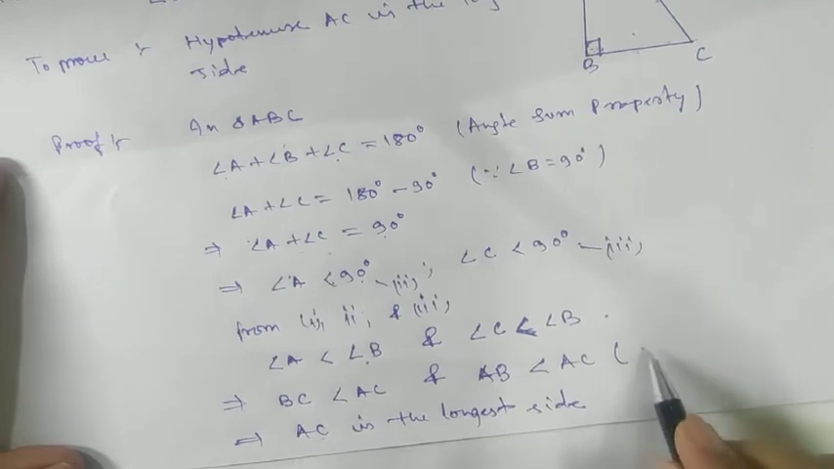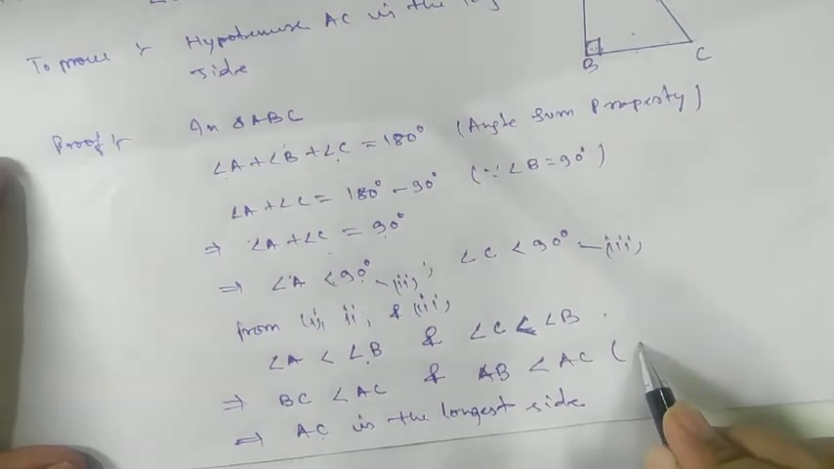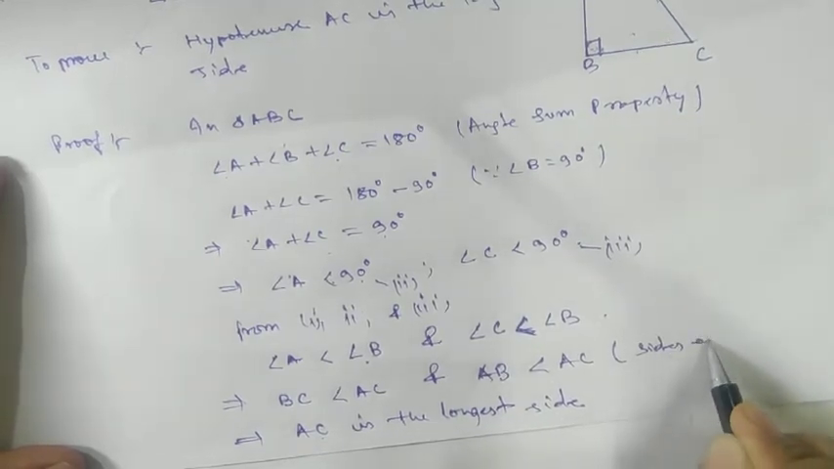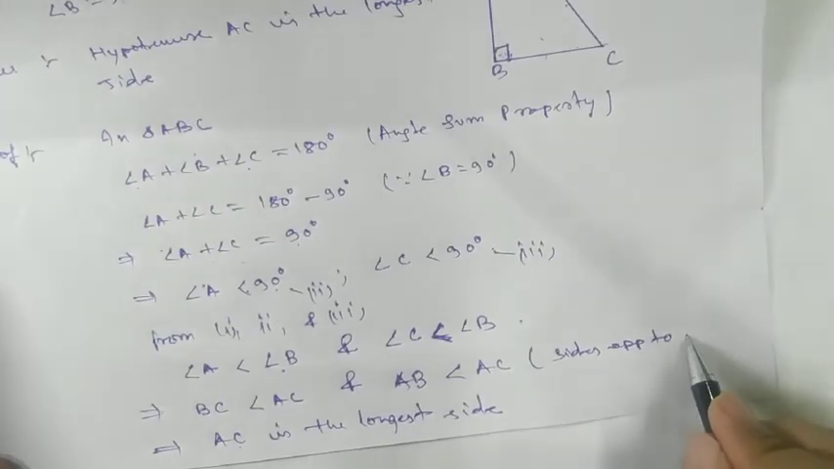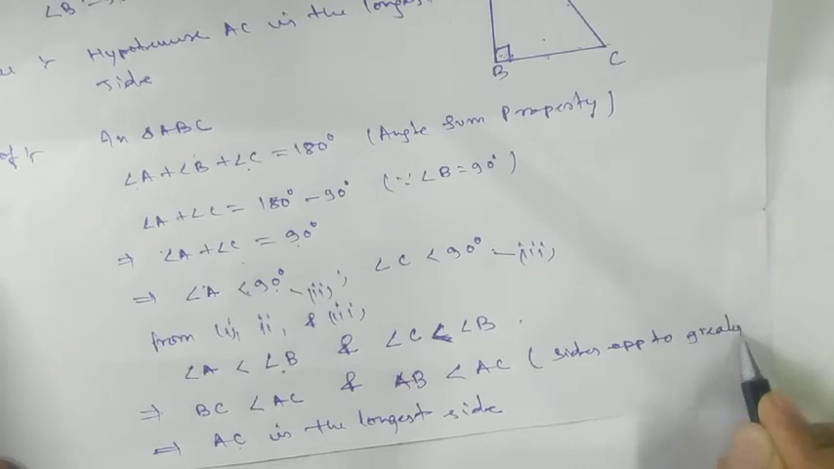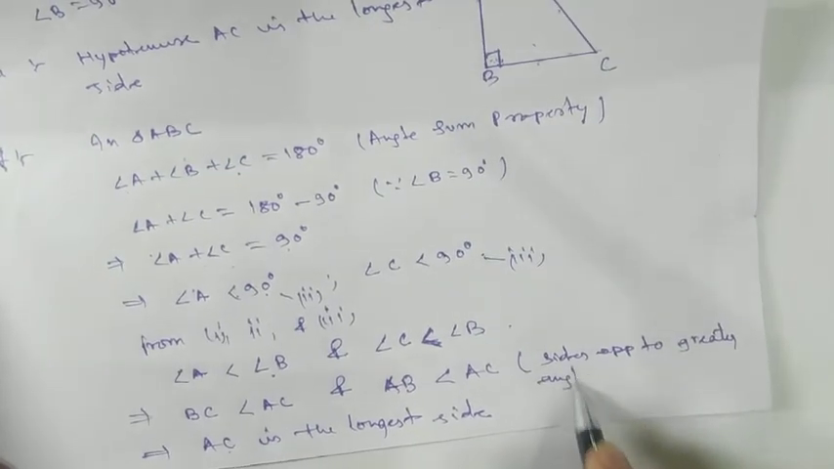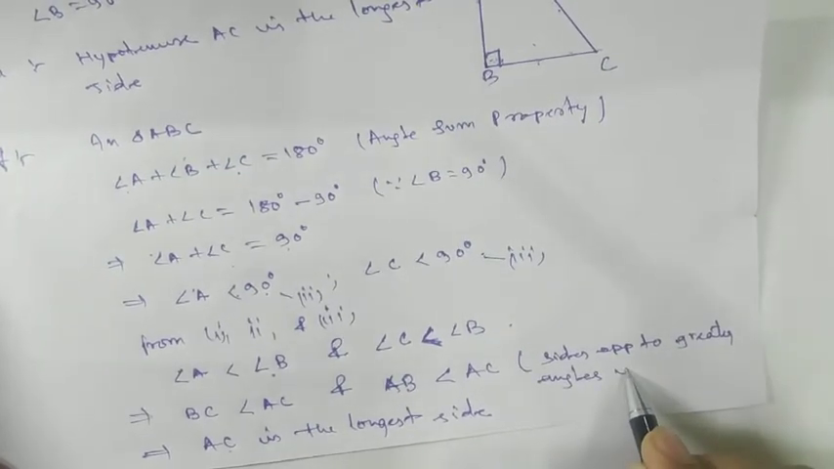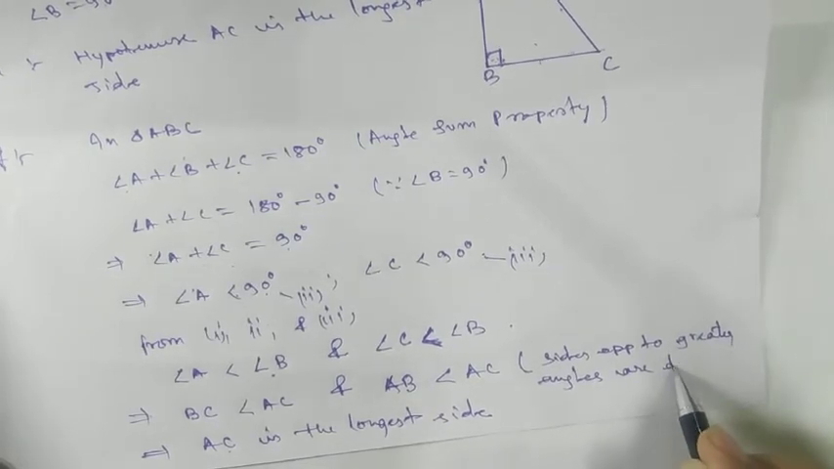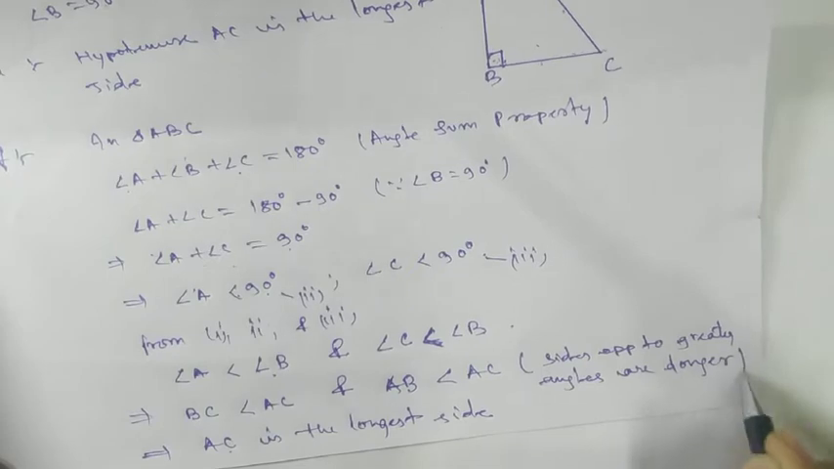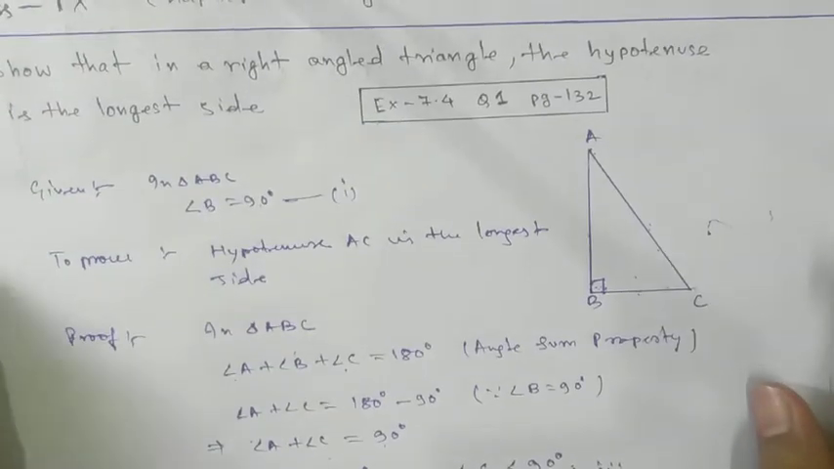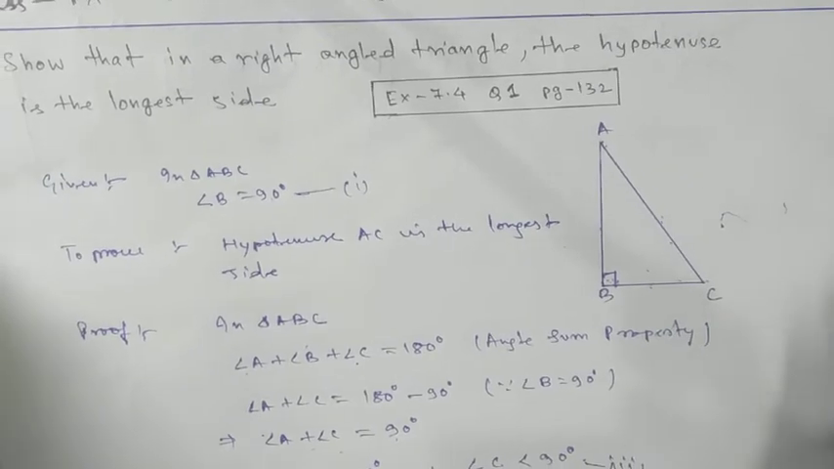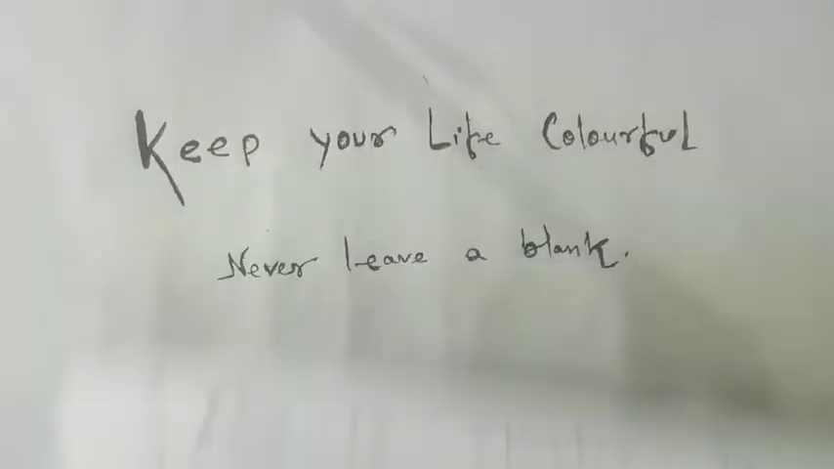We'll say that sides opposite to greater angle are longer. This is the reason. Okay, this is your first one. I hope you have understood. Okay, next one,